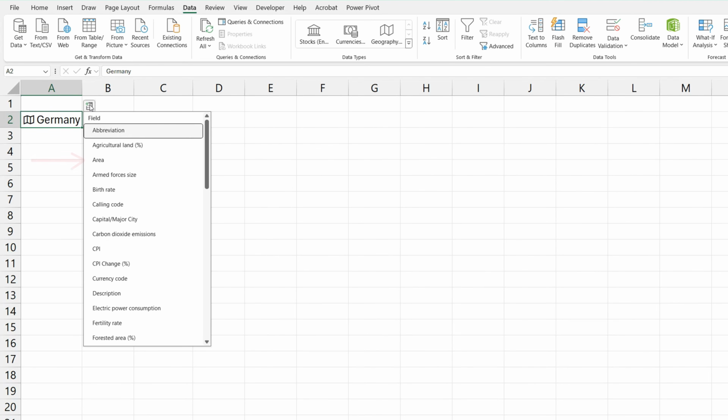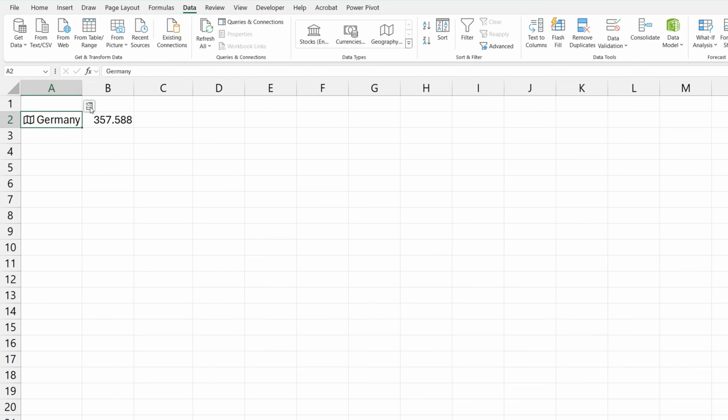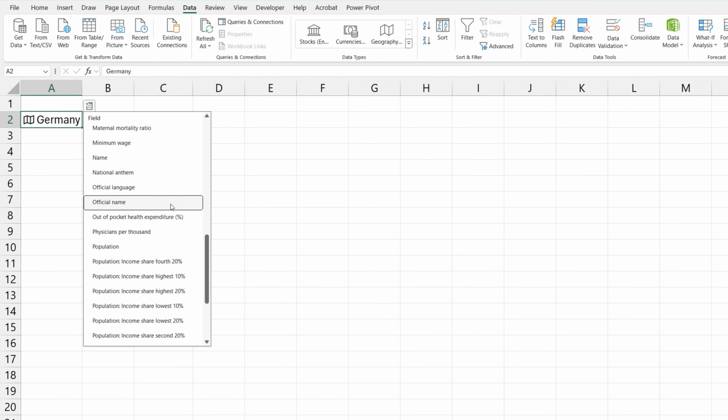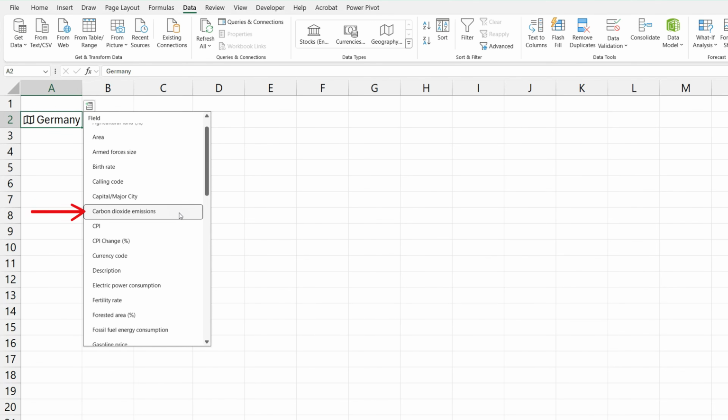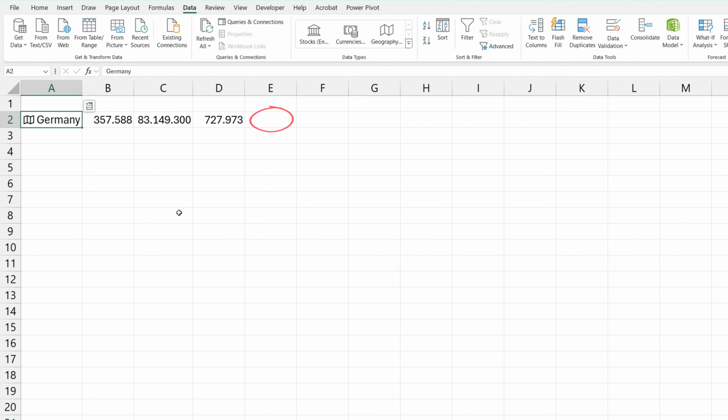It has many options, like area, population, or even carbon dioxide emissions. Automatically, it adds the new result on the next available cell on the right. If we click on these cells, we can see their structure. Firstly, it has the cell of the country and then the keyword we want to extract. If the keyword consists of 2 or more words, it is enclosed in brackets. So if we want to add new information by ourselves in another location, we can follow this formula.